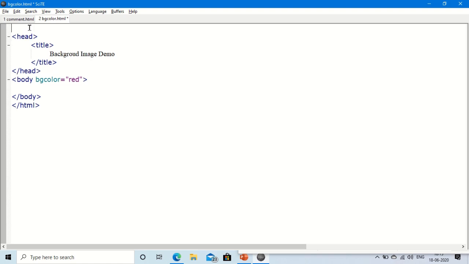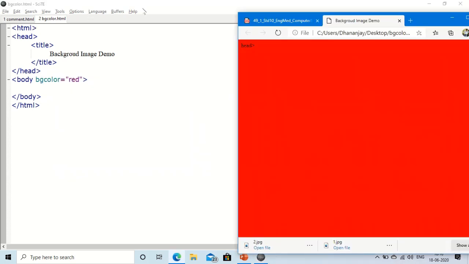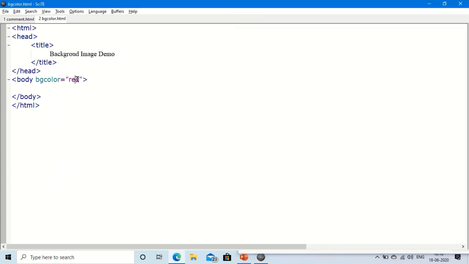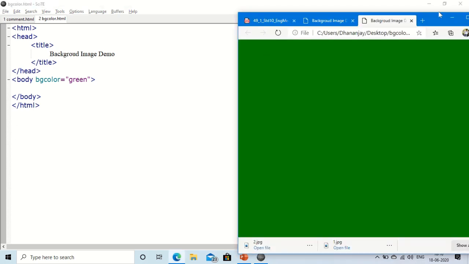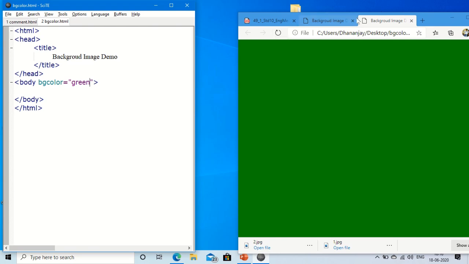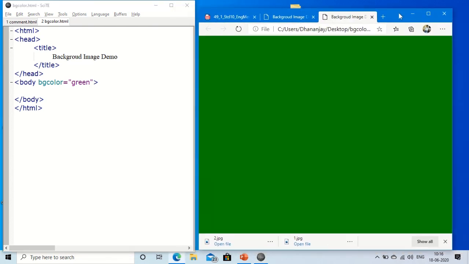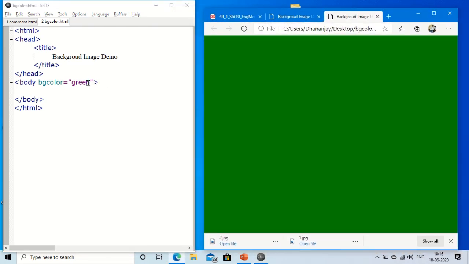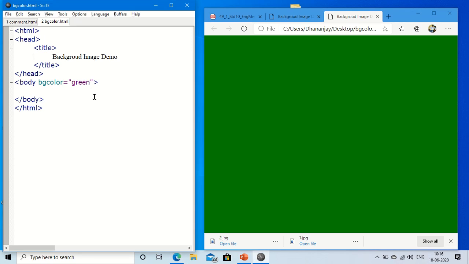You can see here, if you give some other color, suppose here I am giving green, and press F5, you can see the color of this page is going to be green. Suppose you do not give the name of the color.